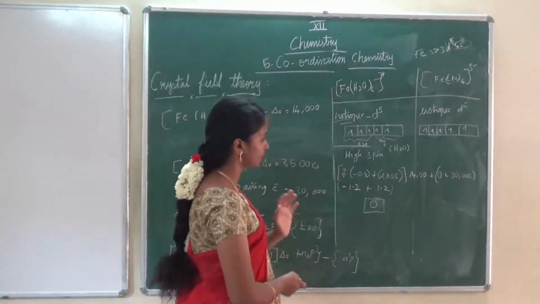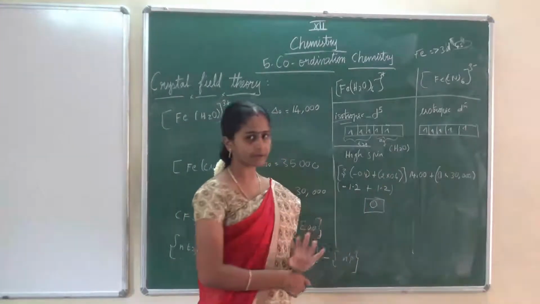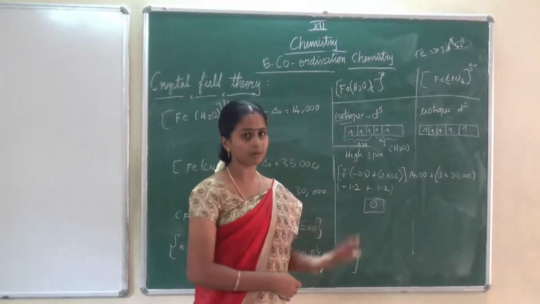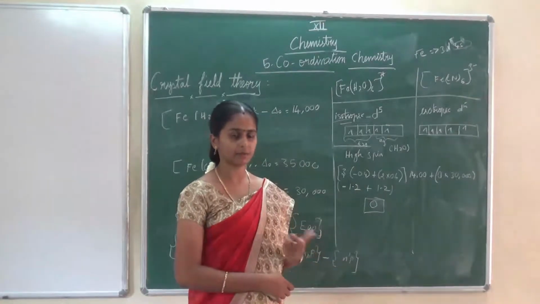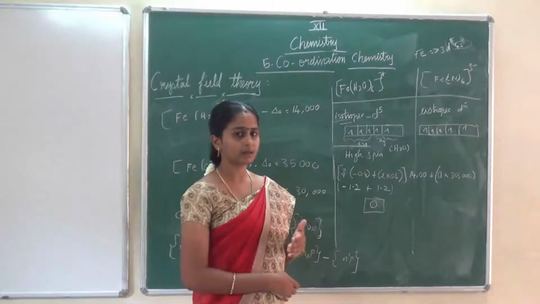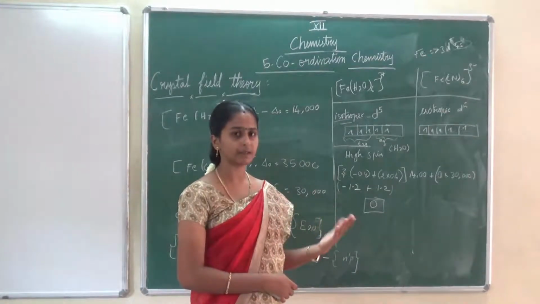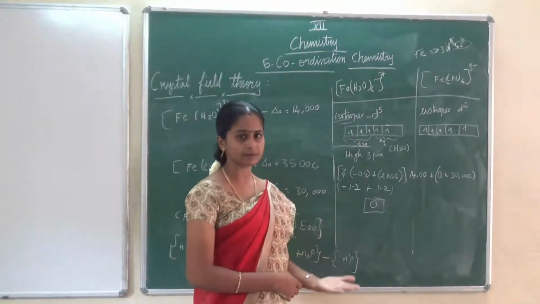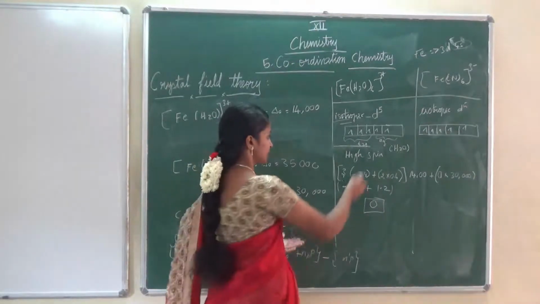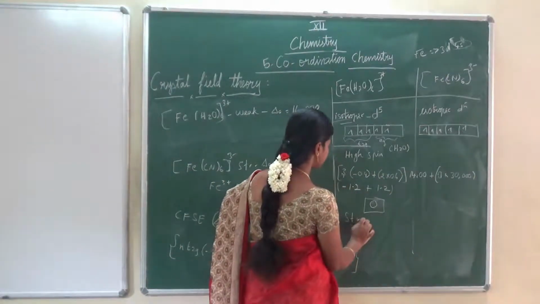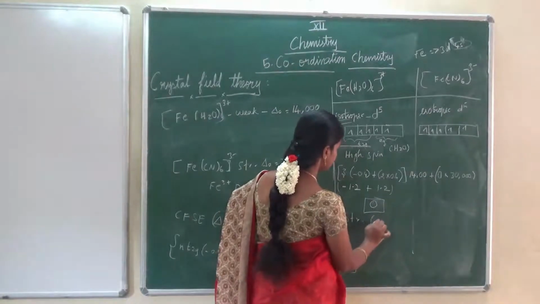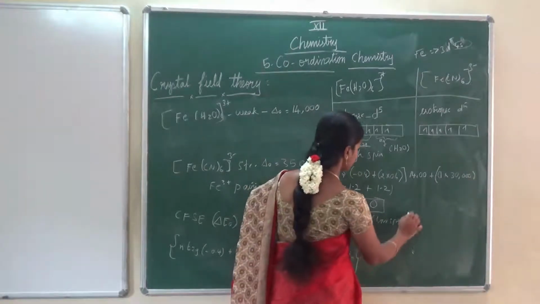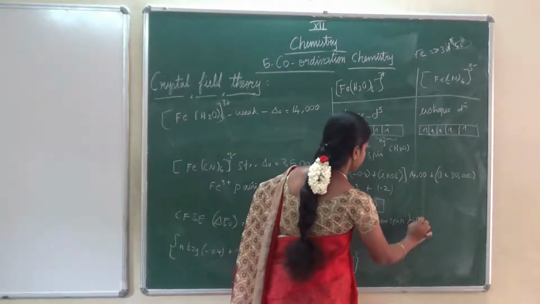Now here we have considered water as a weak field ligand, that is, a high spin complex. Now let us think of the water as a strong field ligand. Now we don't know which, but we learned before in valence bond theory, so we are telling. Suppose I don't know whether the particular ligand is a stronger or weaker ligand, then I can follow this method. So now let us think of this water as a strong field ligand, otherwise a low spin complex. That is, the pairing will take place.